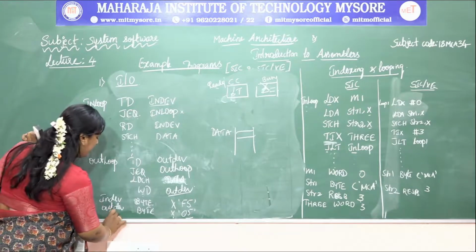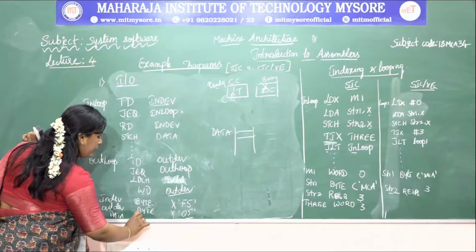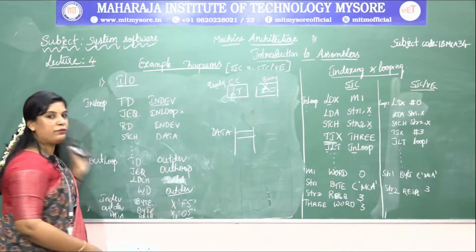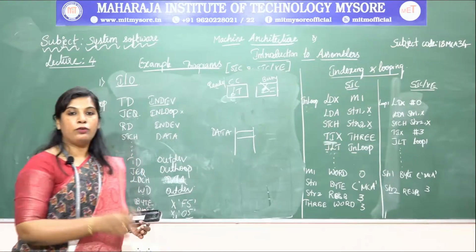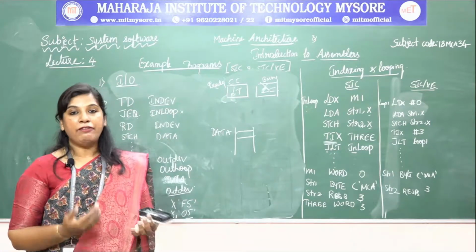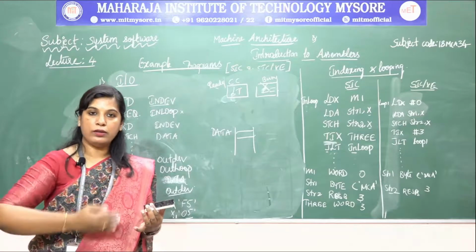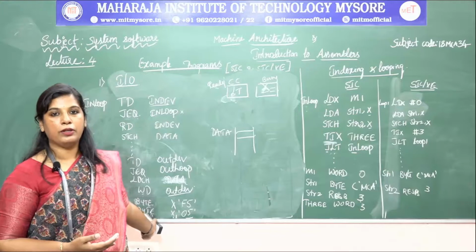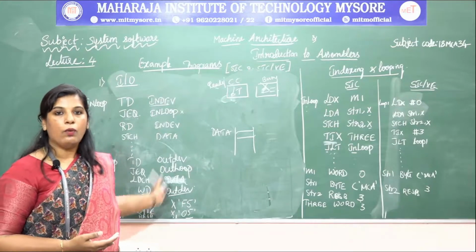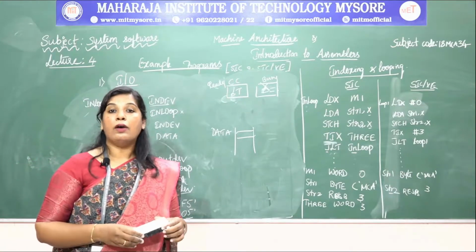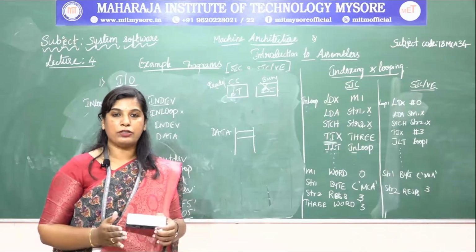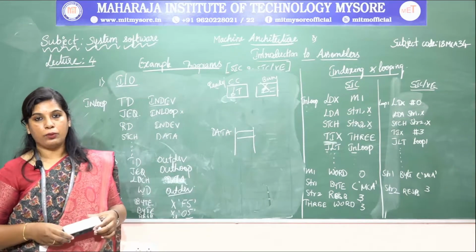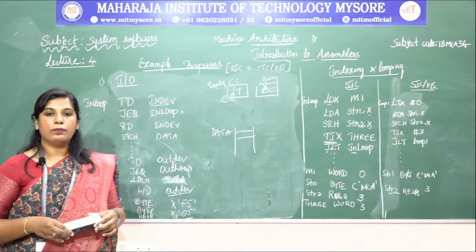Data is the memory variable. It is reserve byte. How many bytes? We are reserving only 1 byte, because we are reading only one character from an input device and writing the same character to the output device, whichever output device we mention in that particular instruction. So this is how we can write different kinds of instructions or functions in SIC and SIC/XE programming language. Thank you.